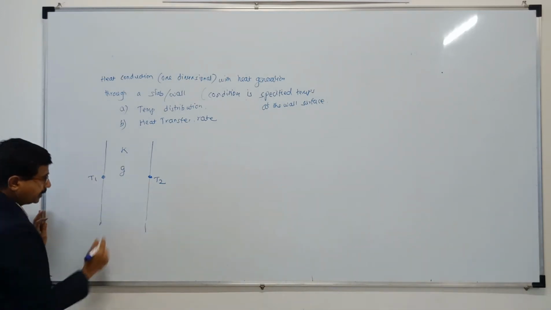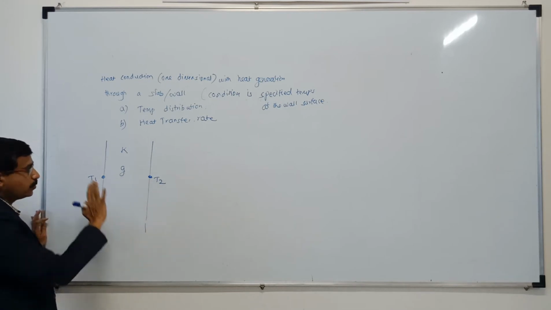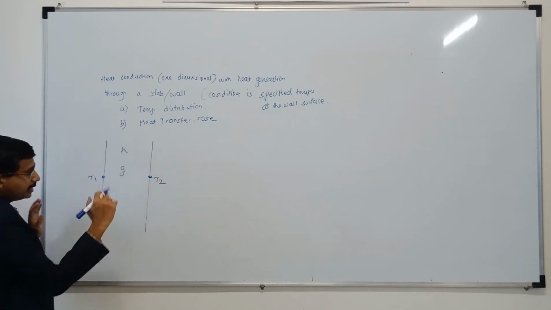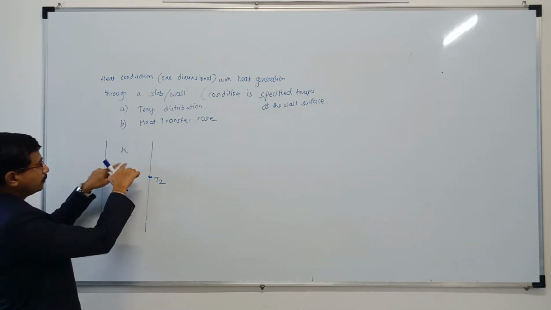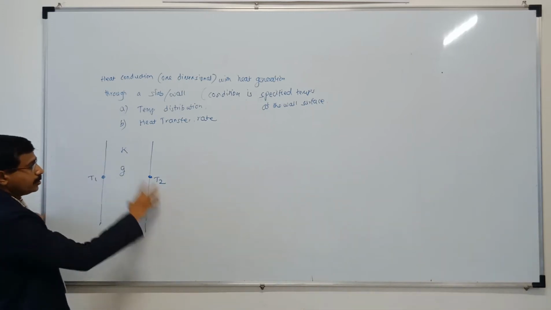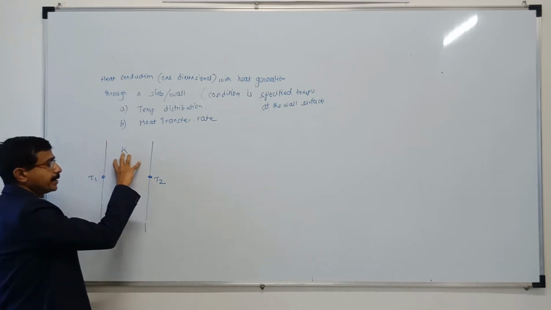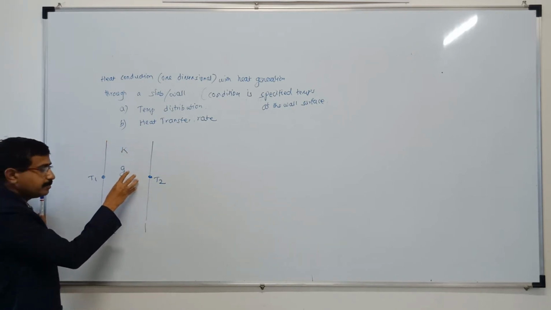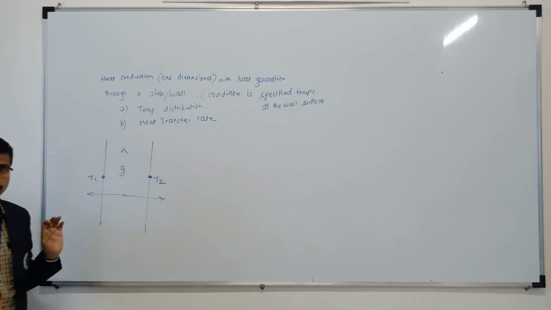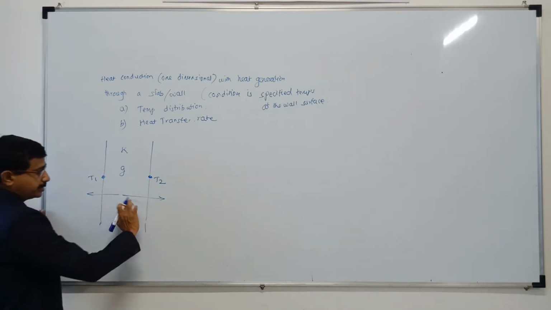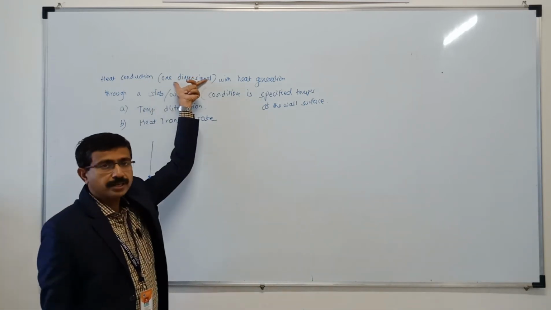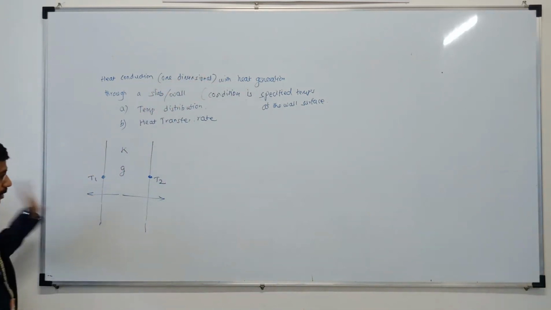Okay. Now let's see, which one is greater? That is not mentioned. Only two temperatures are given. So as the heat is generated here, let's take an example. T1 and T2 are below. These temperatures are having less value as compared to the temperature which is caused because of the heat generation in the material. Heat will definitely flow in this direction and in this direction. So though you are saying it is opposite direction, still it is the x direction. That's why you can call it as a one-dimensional heat flow. Okay. So this is the case.